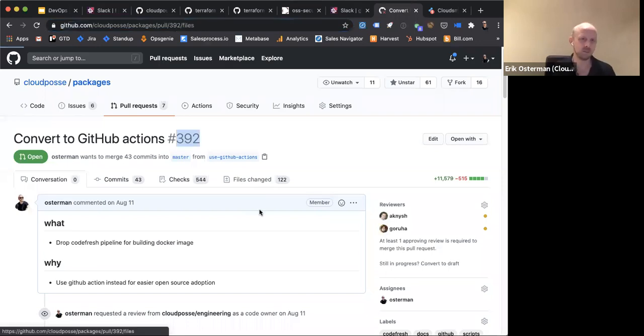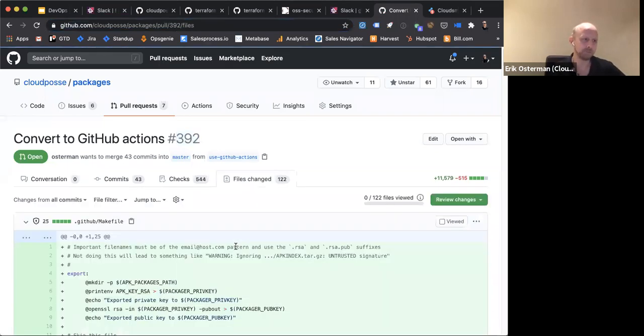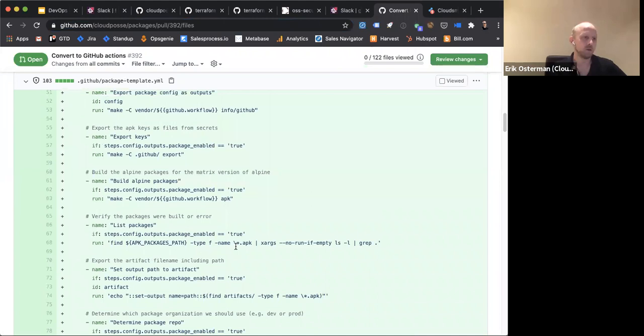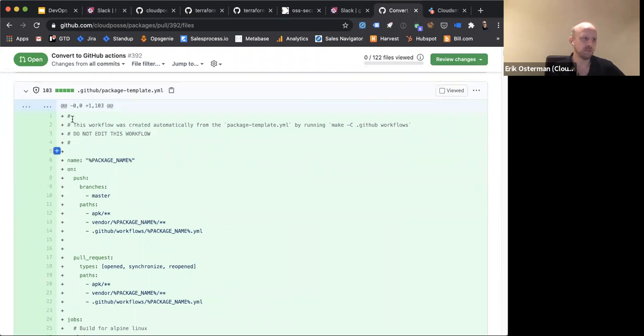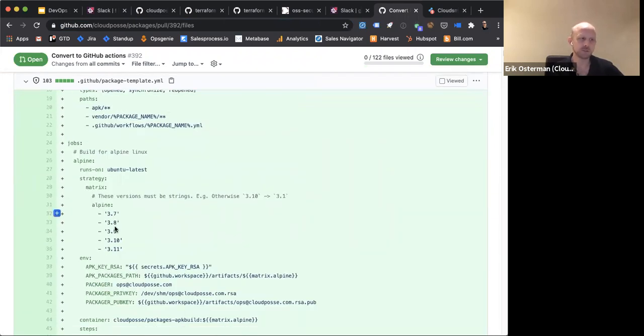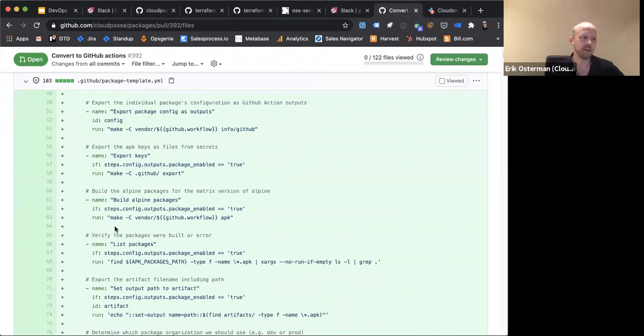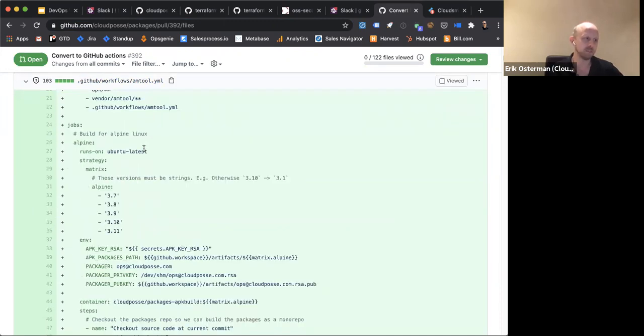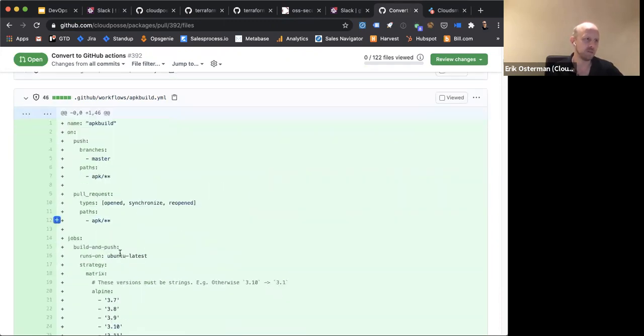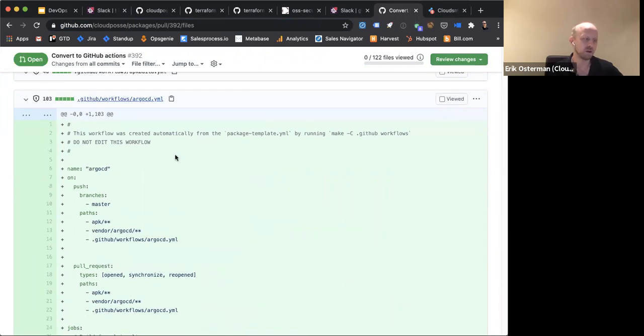So what we did to achieve this was we generate a workflow. Here you see this package template. This is a workflow template for a package. Then for each one of our packages, we generate a workflow. I took that template and generated one for AmTool, one for APK build, one for Argo CD, et cetera.